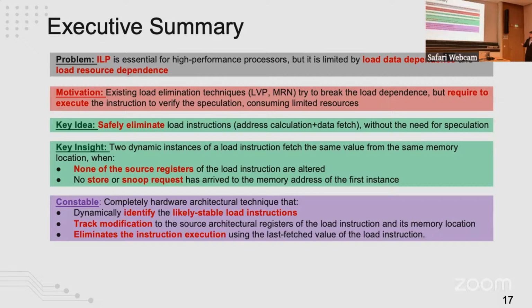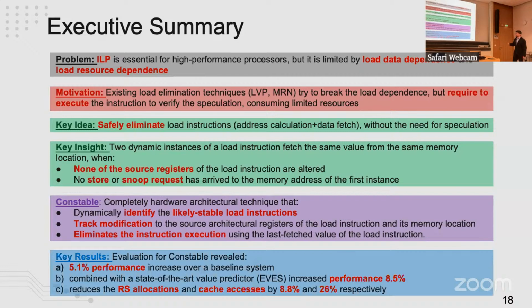This paper proposes Constable, a completely hardware architectural technique that can dynamically identify the likely stable load instructions that match these two previous conditions, track the modification to the source architectural registers of the load instruction and its memory location to ensure that these two conditions are met, and eliminates the instruction execution using the last fetched value of the load instruction. Constable is evaluated in a variety of workloads, and this evaluation has revealed that we can